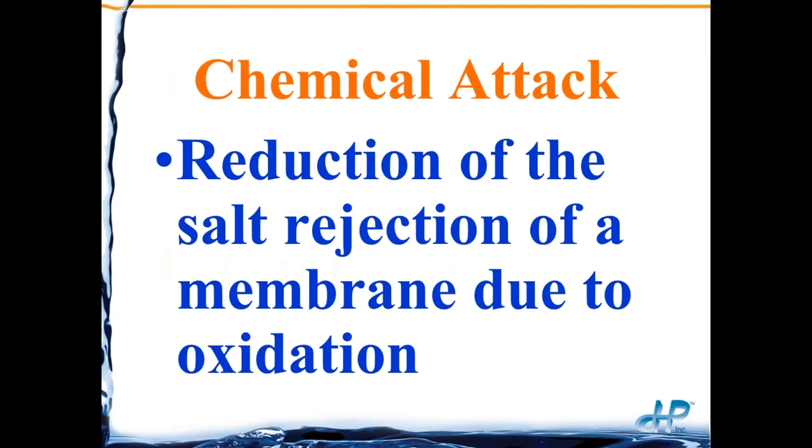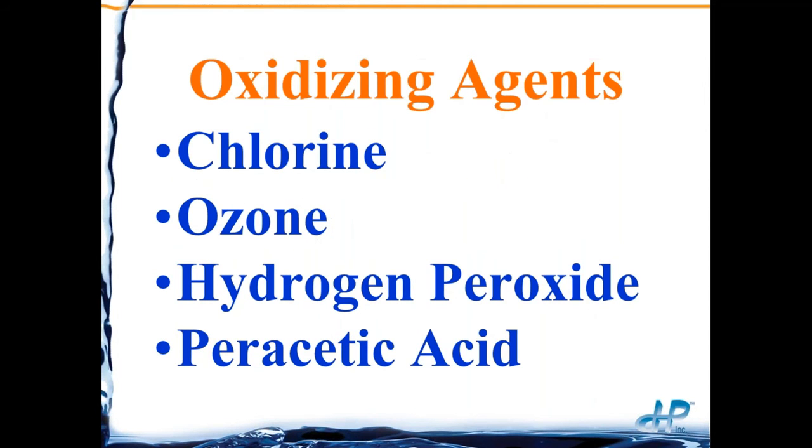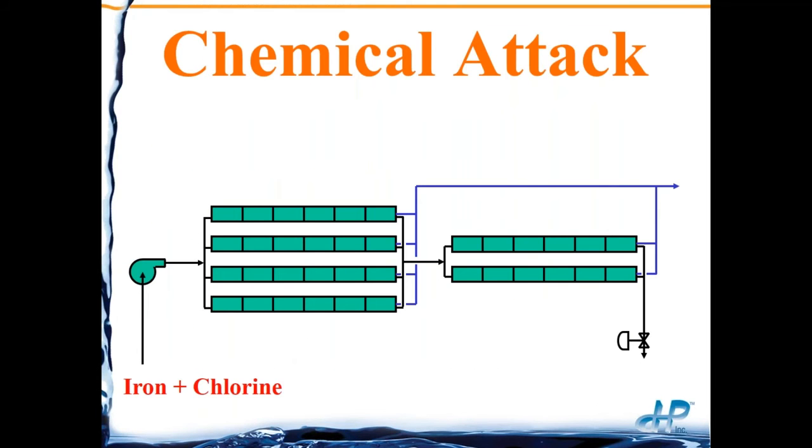Chemical attack. Chemical attack is, of course, where we're starting to get damage on our membrane itself. Most commonly, this is going to be from chlorine coming in and burning holes in the membrane, but it can be any oxidizing agent that can cause membrane damage. Now, there's a couple ways this can occur. If we have rust particles coming in, those rust particles are going to get trapped by the feed spacer in that very first element, and they act as a catalyst to the chlorine, and it'll burn holes in